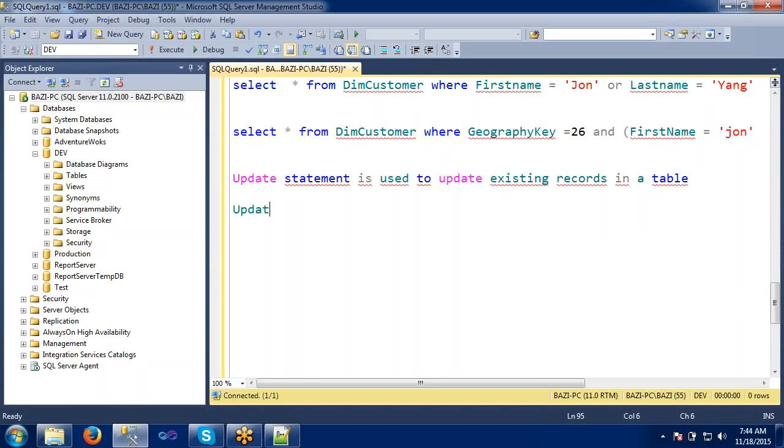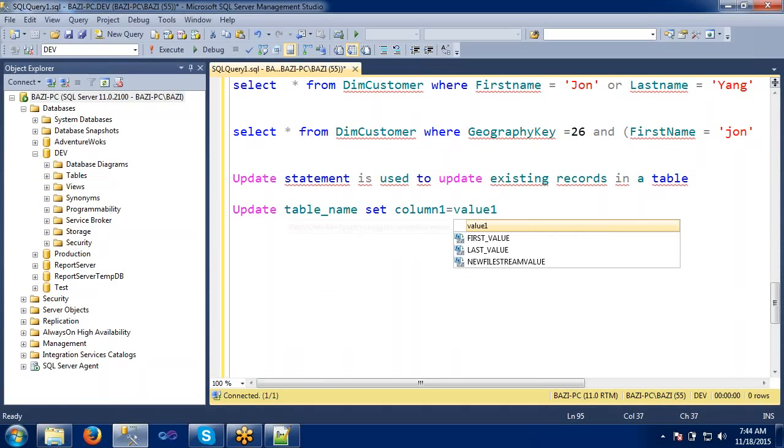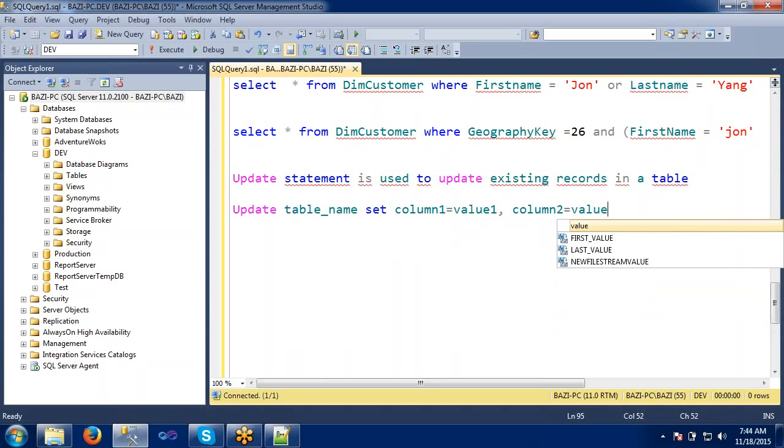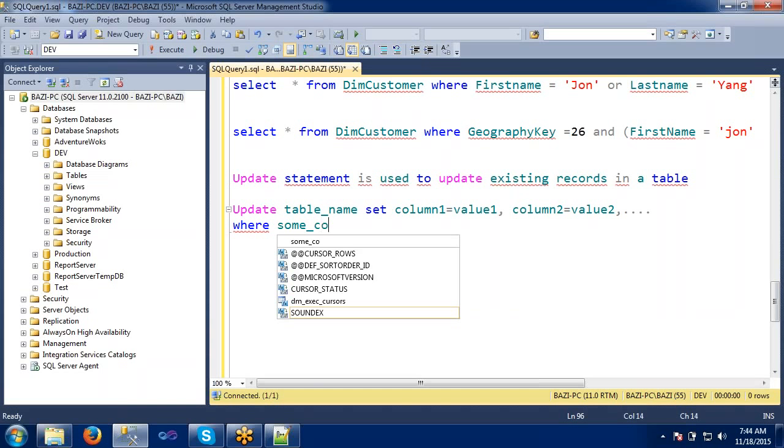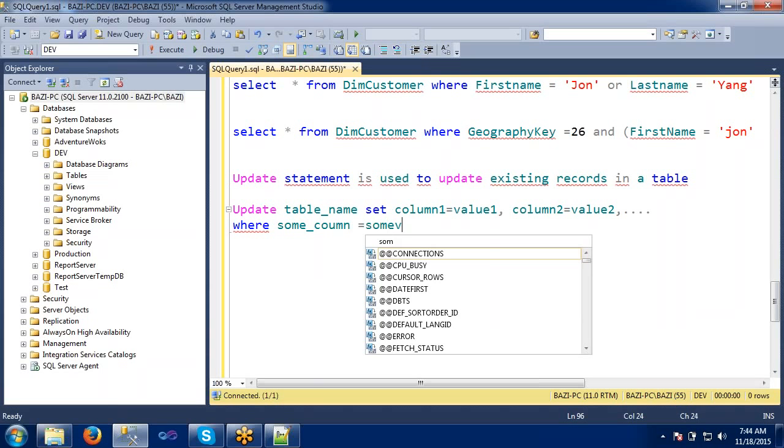The syntax will be: update table name set column 1 equals to value 1, column 2 equals to value 2, where some column equals to some value.